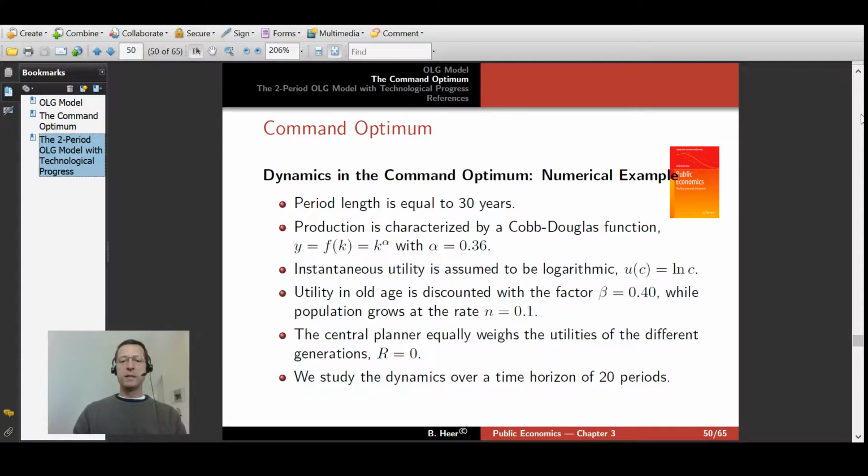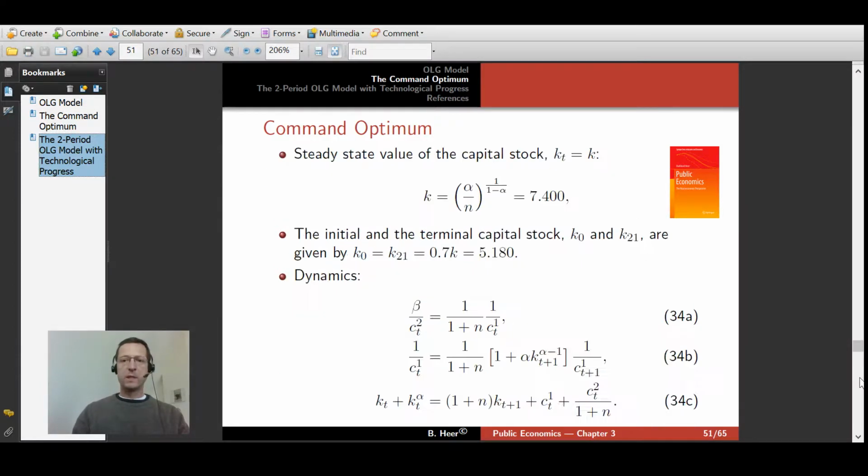The central planner applies equal weights to the utilities of the different generations, and we study the transition over 20 time periods. Now, for our parameterization, we get a steady state capital stock k equal to 7.40, and the initial and the terminal capital stocks k0 and k21 are chosen to be 70% of this steady state capital stock, so they are equal to